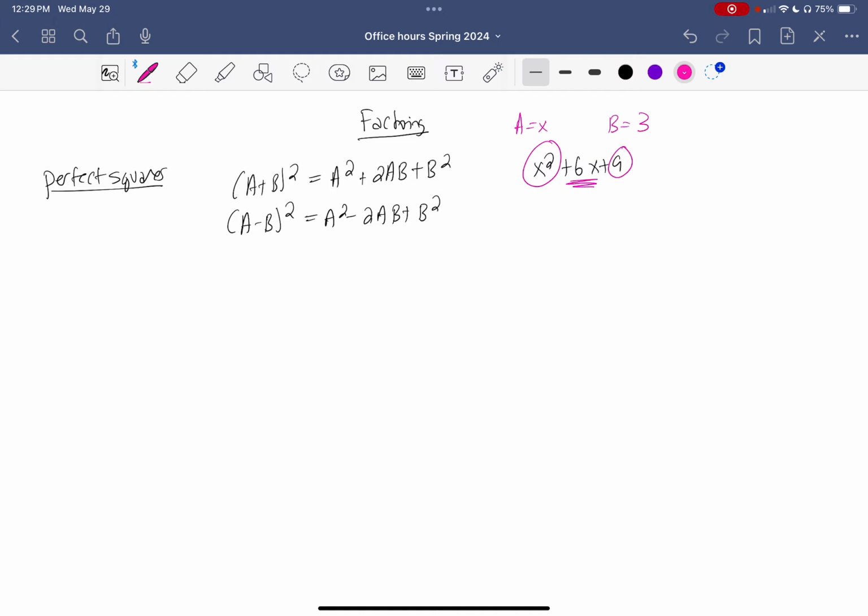And then the big thing to determine if it is a perfect square is if the middle term turns out to be what it should be, which is twice a times b. So 2 times x times 3 does in fact equal 6x. This is a perfect square. Okay, and therefore it will factor as x plus 3 quantity squared. Now, this example in particular might have been easier for you to factor with a method we're going to review a little bit later on, but